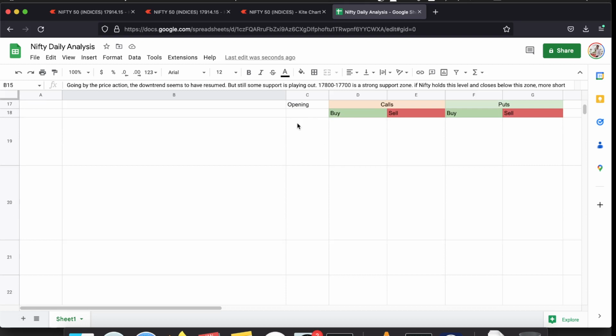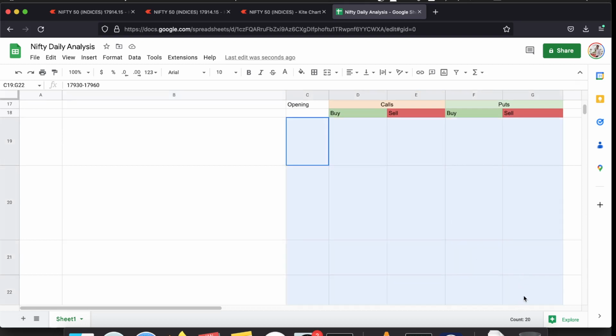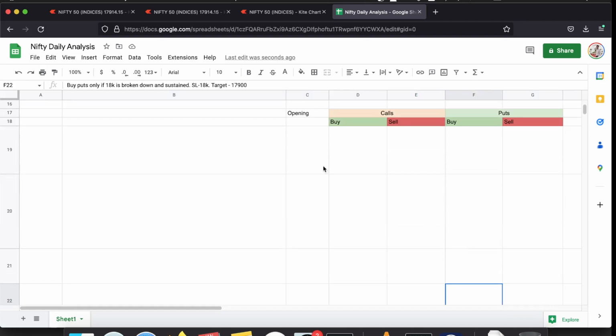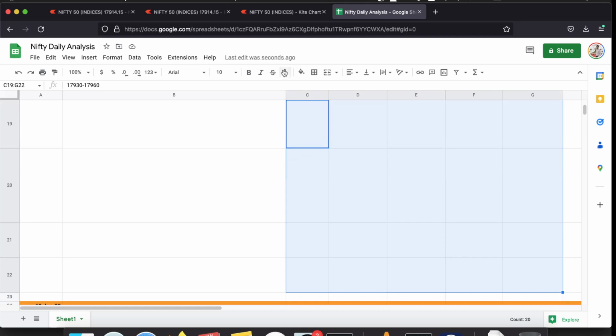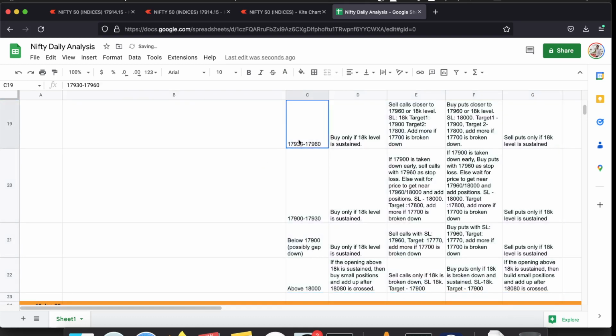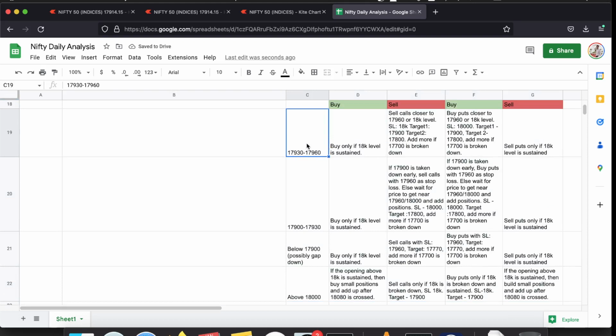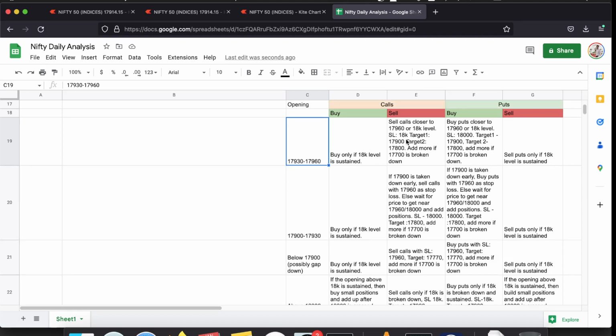So coming to what kind of trades we can take tomorrow, depending on the opening. Let us say Nifty opens between 17,930 to 17,960. Then it is not a good point to initiate long positions. Don't buy calls unless Nifty breaks the 18,000 level. So if Nifty opens in this level, then initiate short positions. Either you sell a call or buy a put. Buying a put is a